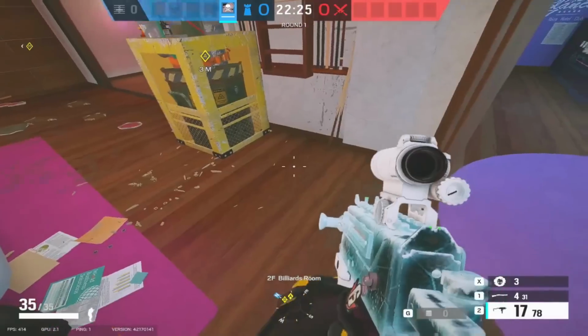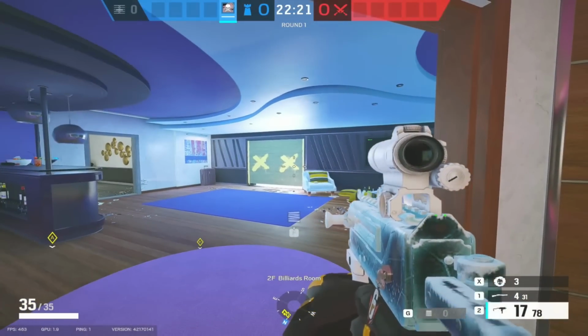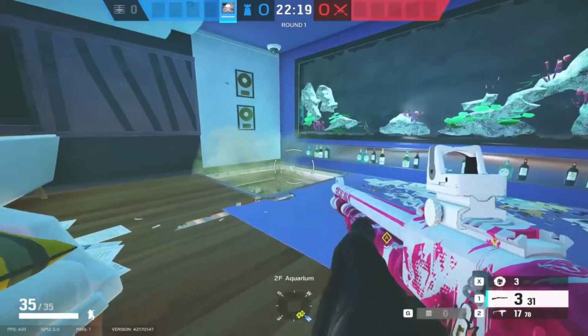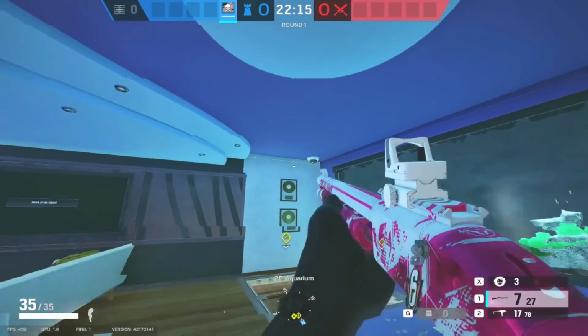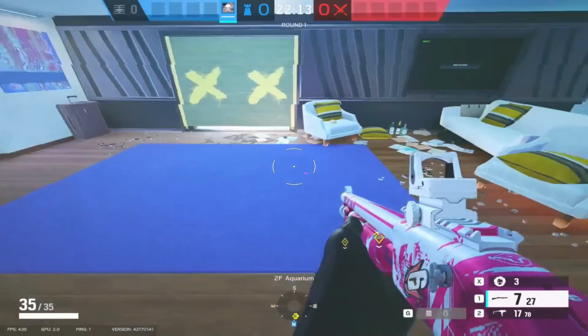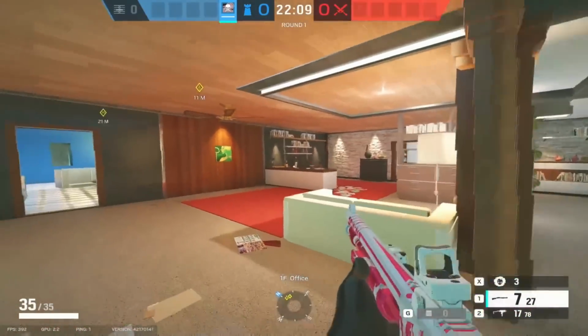The only thing you've got to worry about again is the floor's soft all the way through here, so you've got to watch for C4s. One thing I will show you whilst I'm here is, I think we've all seen pre-placed C4s with Valkyrie. Well, you've got a camera in the corner here that can't be destroyed until you're in this room. So as long as no one comes into office, jump on the Aqua cam,